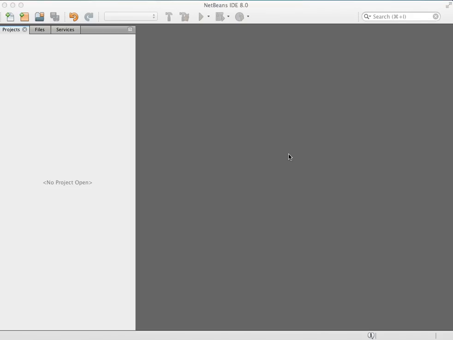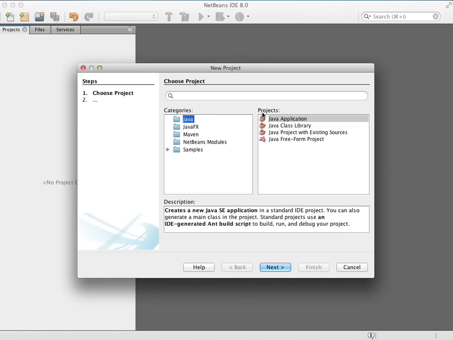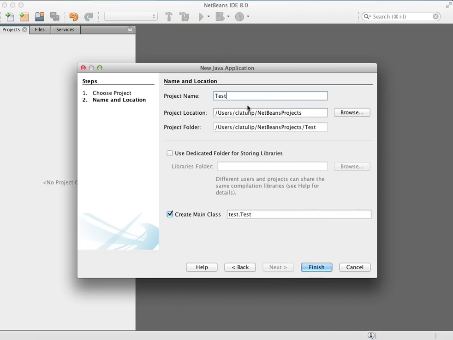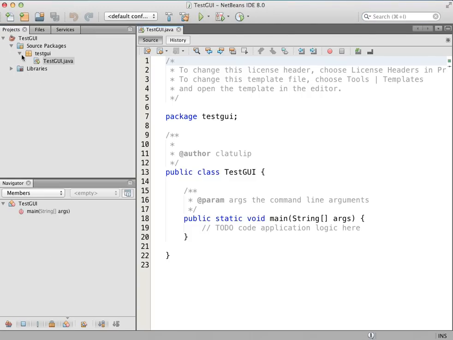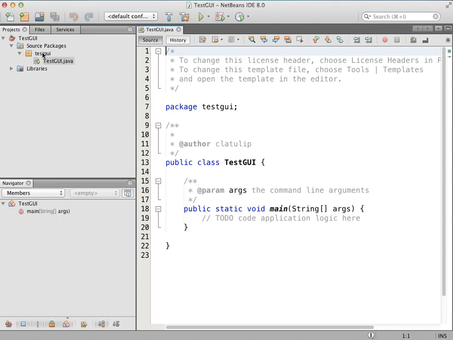In this video, I'm going to show you how to do GUI programming with Java using the NetBeans IDE and the GUI builder. Okay, so to get started, we want to create a new project, a Java application, and we're going to call this test GUI. And what we'll do here is create this little program that collects demographic information, the username, and then displays it